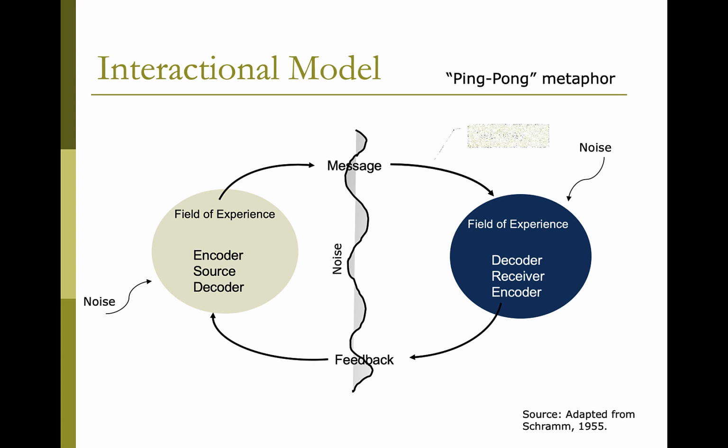And so the first thing that he pointed out was the two-way dimension of a message, that a message is going out, but at the same time there's feedback that's coming back to the person who sent the message, that encoder, to the source of the message. So the idea that the message is two-way was a kind of an innovation of this model, but also that there was a recognition of a response.